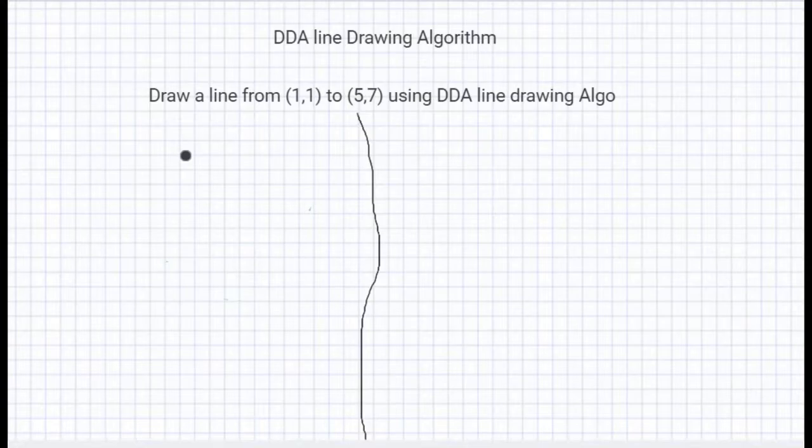After watching this video, you will be able to solve any numerical based on DDA line drawing algorithm. Full form of DDA is Digital Differential Analyzer. It's a fast and simple method to scan convert any line. To understand DDA in just one line, we sample the line by incrementing or decrementing by 1 in one coordinate and then determine the corresponding nearest integer value along the line path for the other coordinate.